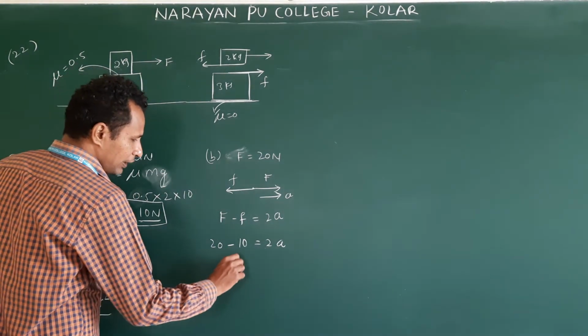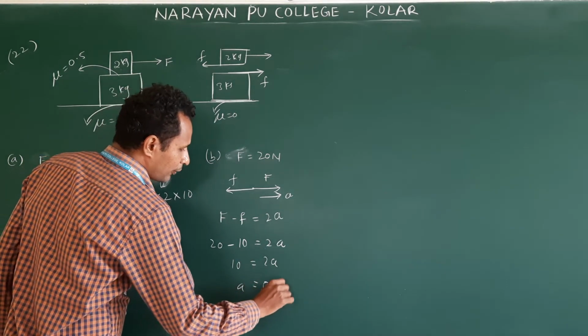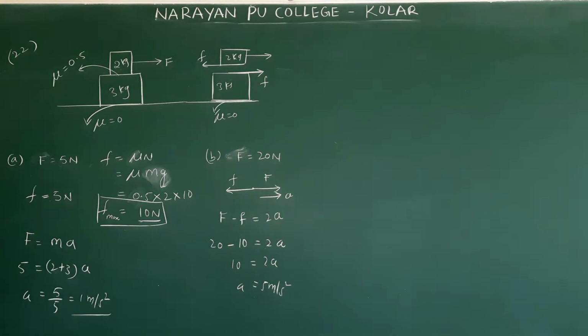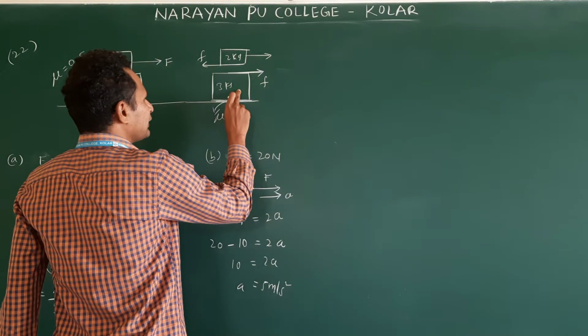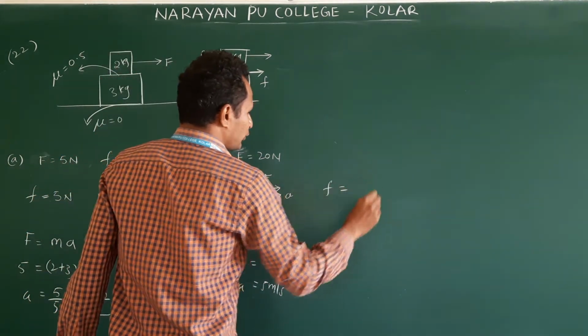Clear? Now this will be 10 is equal to 2A. A is equal to 5 meter per second square. Clear? Then about this one. What is taking this object? Friction is taking, right? So F is equal to,